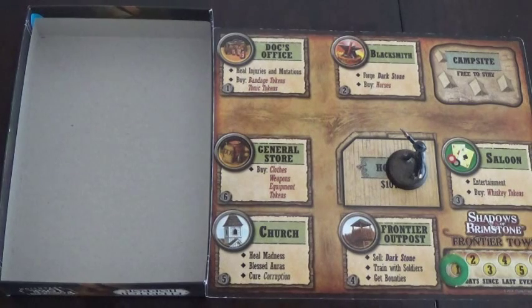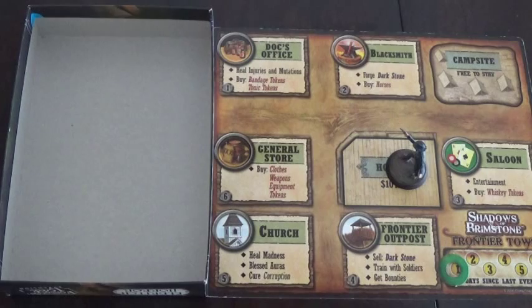So, it's pretty much same old for Joseph as far as what I think I want him to do. Frontier Outpost to rob, the blacksmith for Darkstone bullets, and the doctor's office to get rid of his corruption, and to get the anti-venom injection. The one downside is he has no